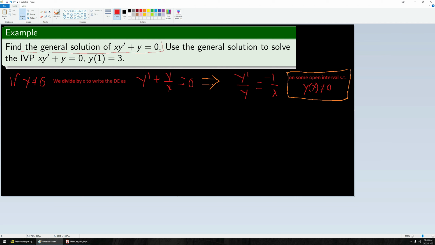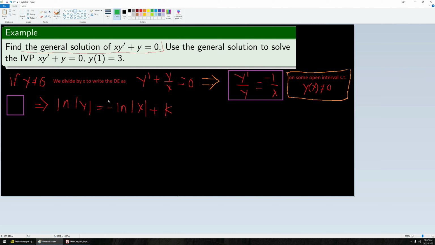So if I put that in a purple box, then this purple box implies that, once I integrate both sides, the left-hand side will simply give me ln of the absolute value of y, and the right-hand side will simply give me negative ln of the absolute value of x, plus some constant that I will call k. Again, note, I don't include the arbitrary constant on the left-hand side since it's already on the right-hand side. Okay, so let's call this